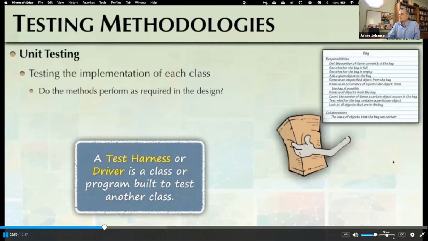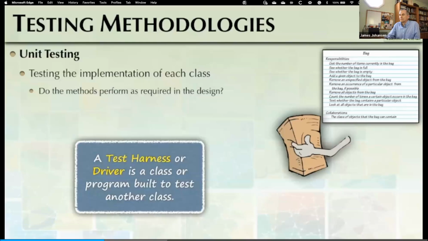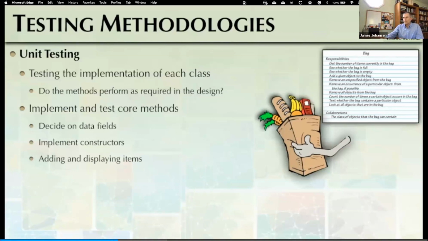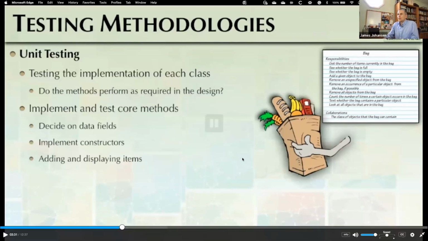It is a class or program that is designed to test a specific data structure and calls all of the data structure's methods and tests them to ensure that the data structure performs correctly, even in extreme situations, such as when our bag would be full and we try to add an item, or when the bag is empty and we try to remove an item. For unit testing, we implement our code in pieces and test each piece before implementing additional functionality. For example, we decide to test the data fields for the class and then implement.